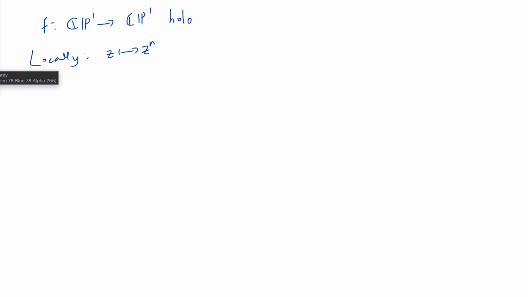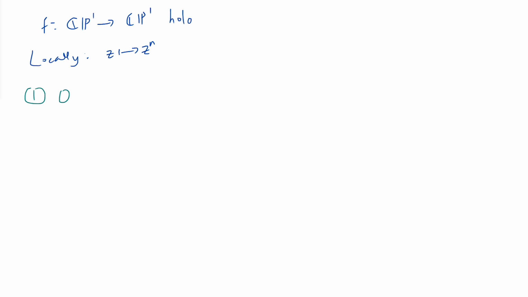So in summary, if you have a map from CP1 to CP1, then locally it just looks like a map from z mapping to z to the nth power. So again, this is holomorphic here, and this fundamental fact can now be used to derive so many things. Like for example,